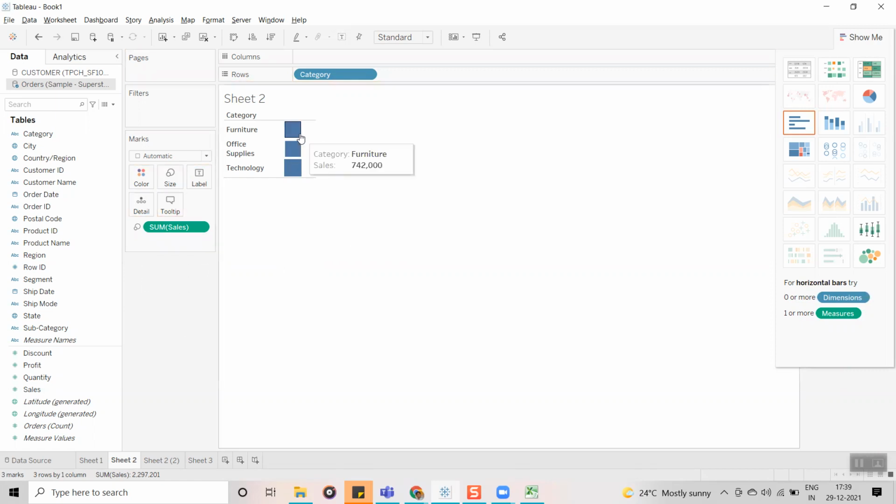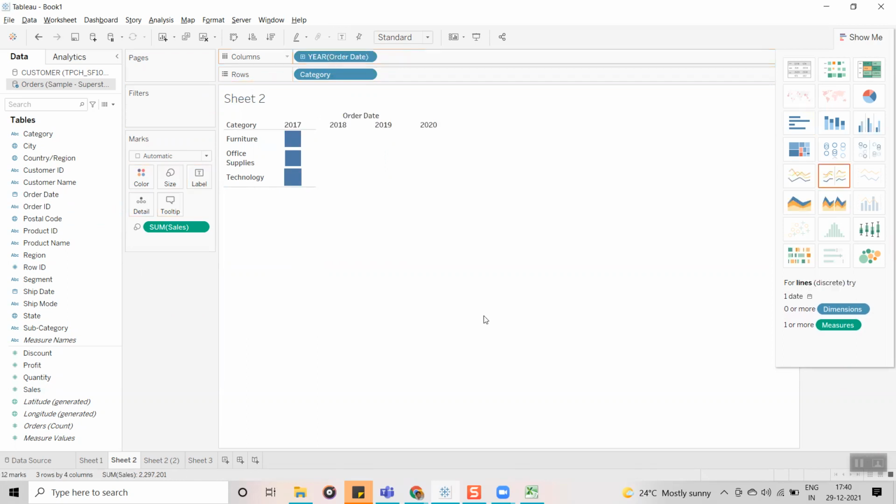Now, for example, I want to distribute this furniture total sales by year. I am going to drag the order date into the column shelf. Now you can see how furniture sales were in different years.